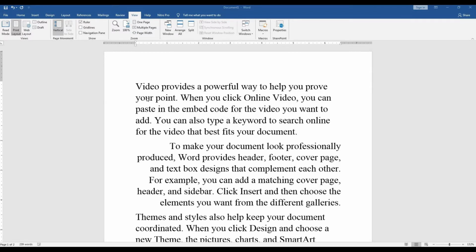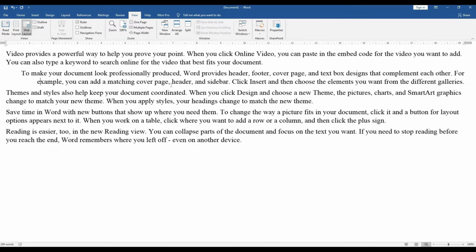As I wrote some paragraphs into my Microsoft Word, now I want to view its web layout, so I am going to click on the Web Layout View. You can see the page setting has been changed. It's the Web Layout View and it is used to create, view and edit pages as they will appear online when opened in a browser.